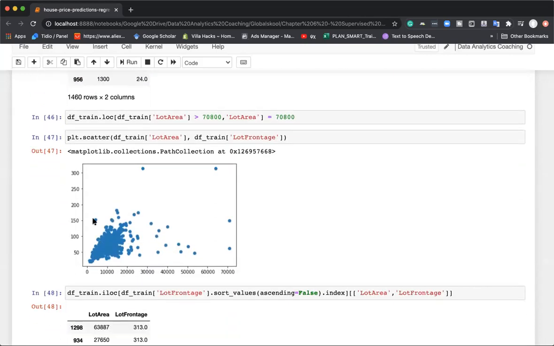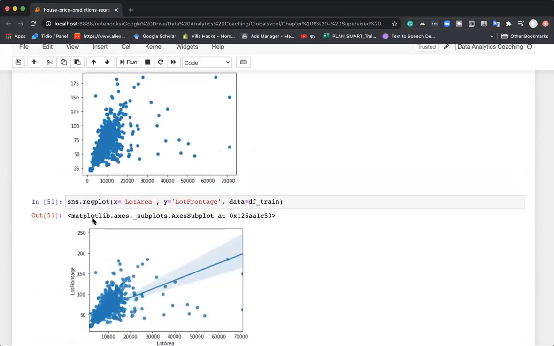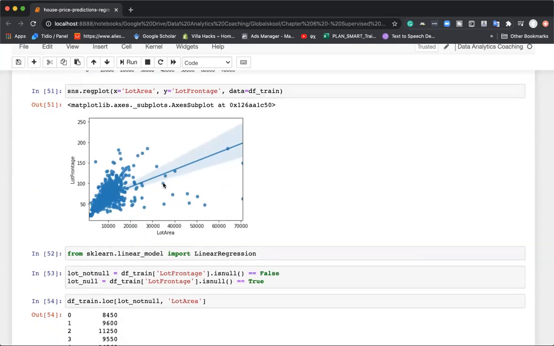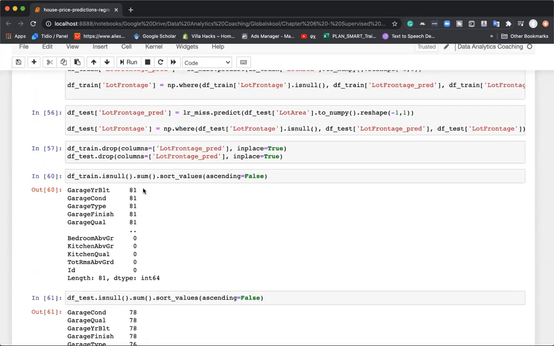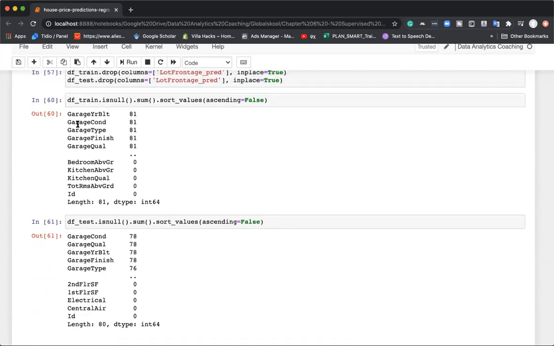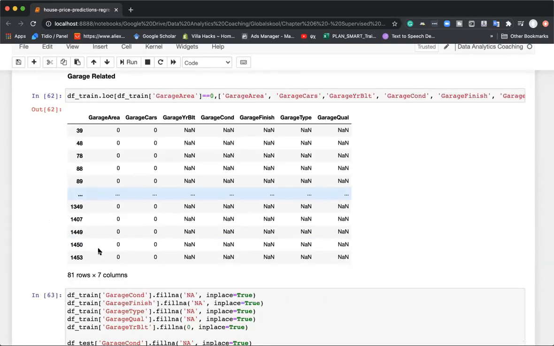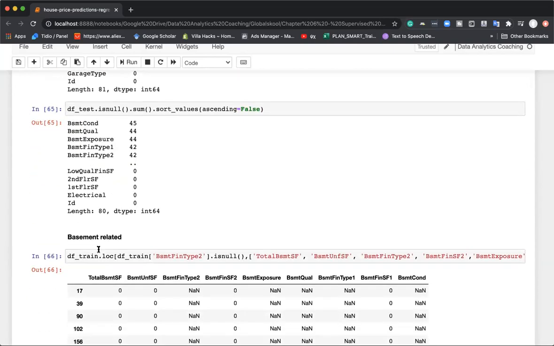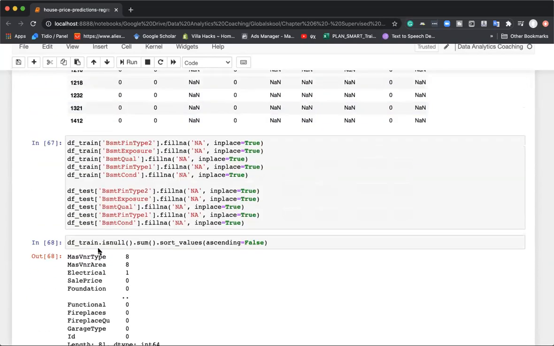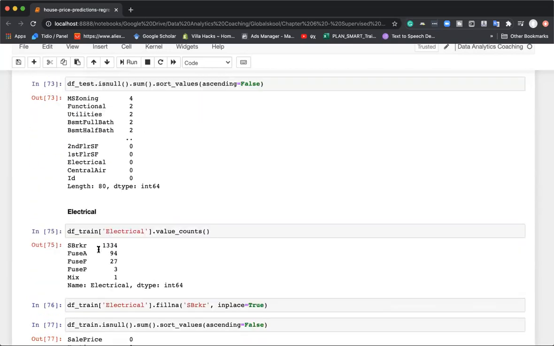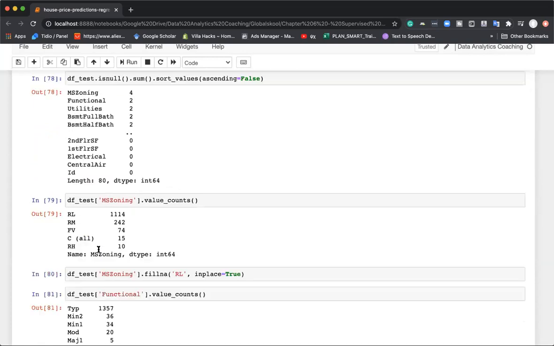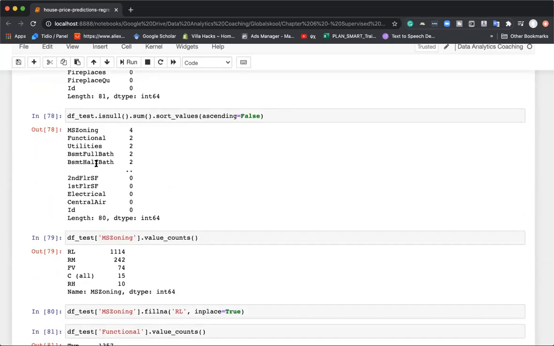Okay, we also dealt with outliers. Going ahead, we trained a linear regression model, and then we populated the missing data with that. Then we had different missing values like garage and other things, which also we explored the data and we found how to take care of the missing values, and we dealt with that. Once train was finished, we also saw that the test data set has some examples missing, which the train did not have. So we had to deal with that separately. So all the training examples with tests also we filled,